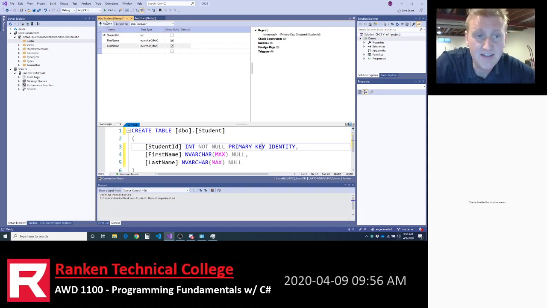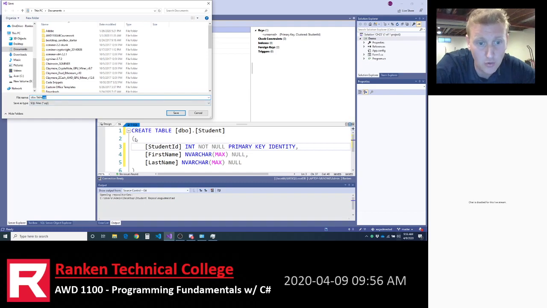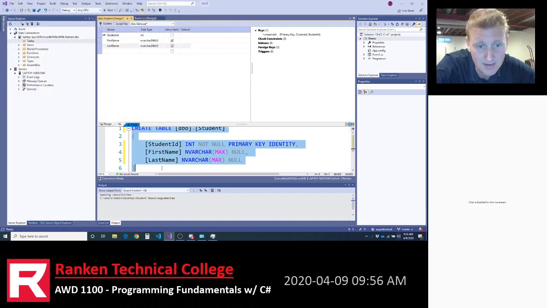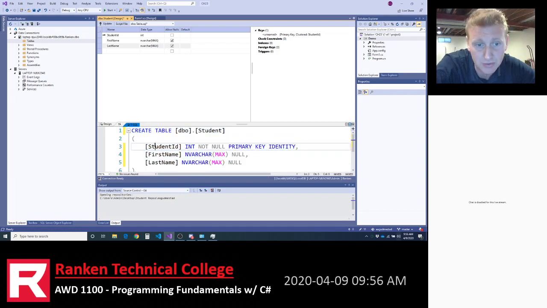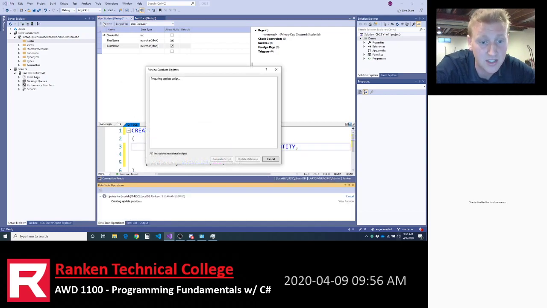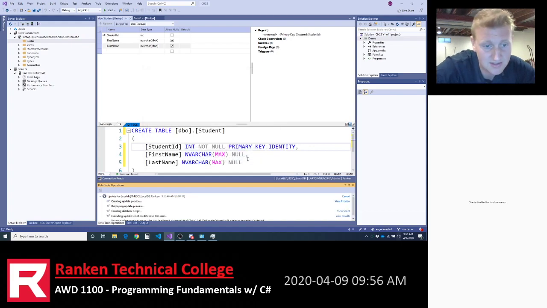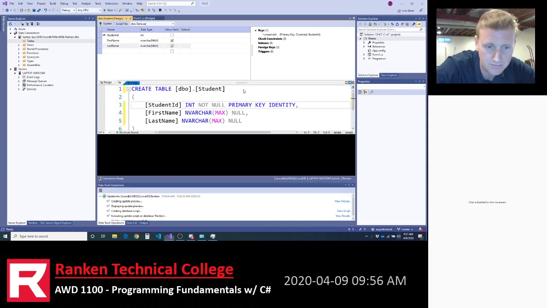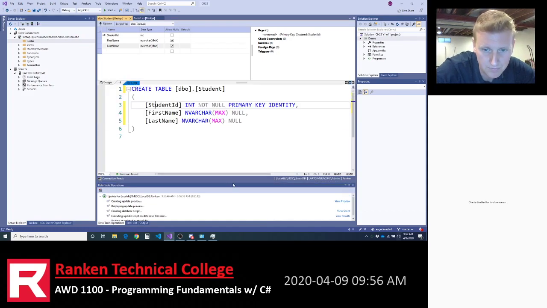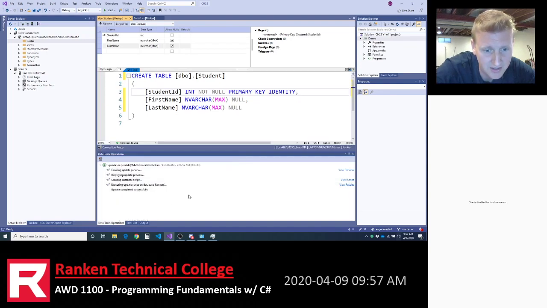As of right now, if I just click Save, what it wants to save is the SQL script, the actual code that we wrote. It wants to save this, but it hasn't run this code yet. To run the code, we're going to click Update, and that lets you either generate the script to run later. I'm just going to click Update Database. And you get our little output here that said update completed successfully.